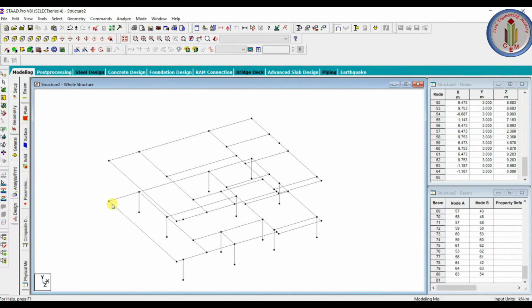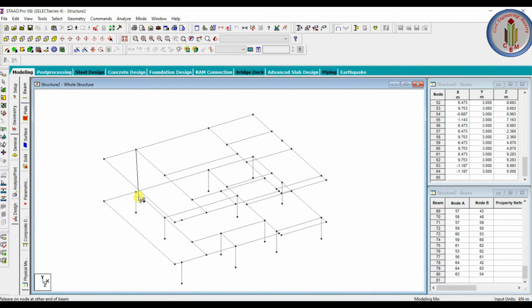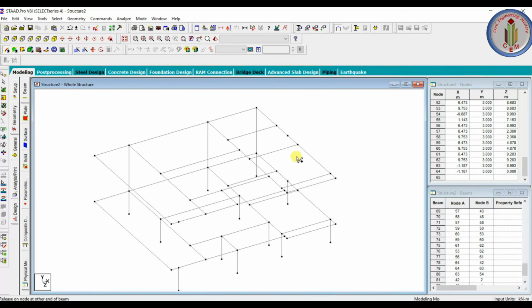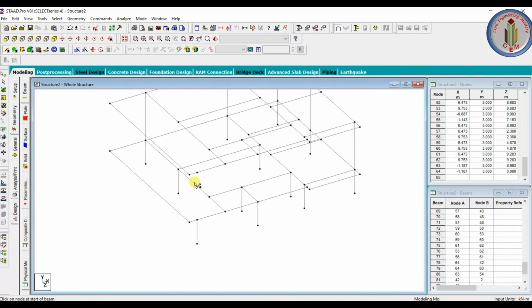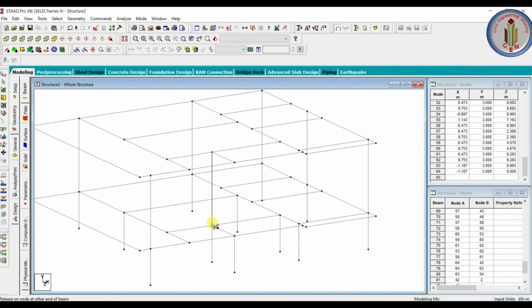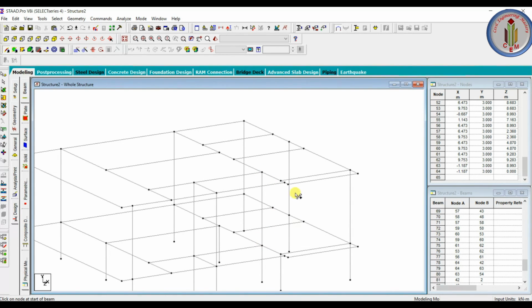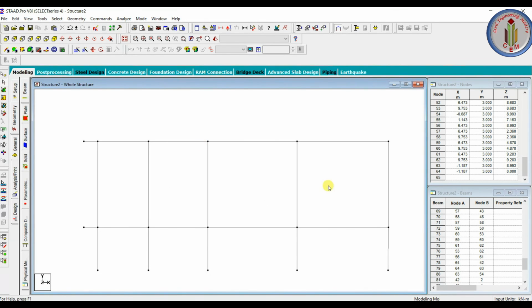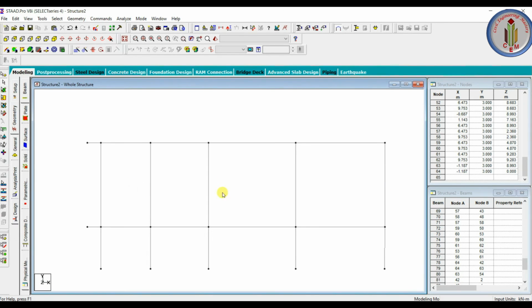So see here, our floor has come. This is first floor level. At first floor level, roof is at first floor level, so we can add the columns here just like this, because already we have the column below. So simply we can add like this. We know the reference points. Now you can see all the columns are added in the ground floor as well. So this is how you have to create the model.